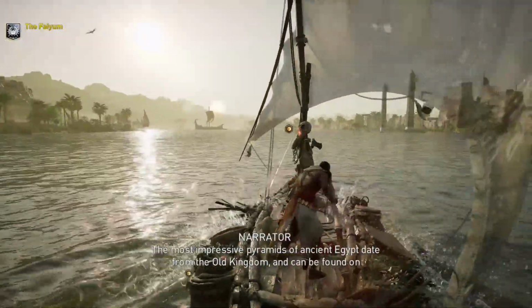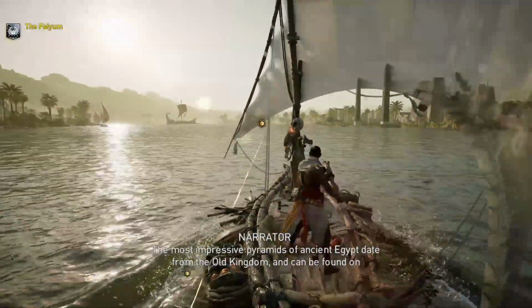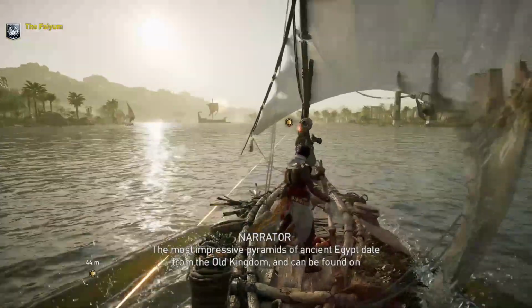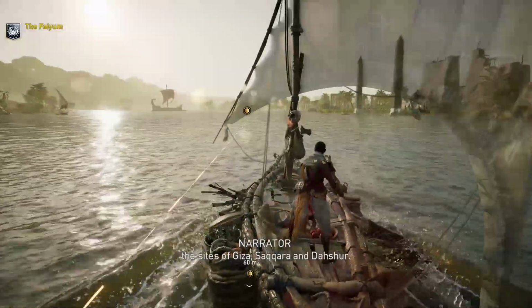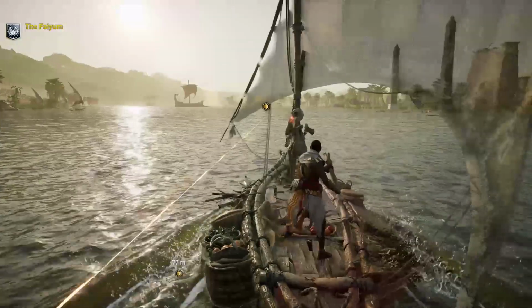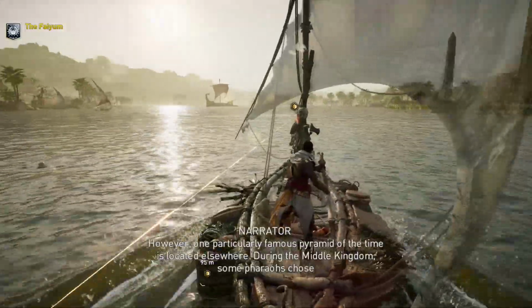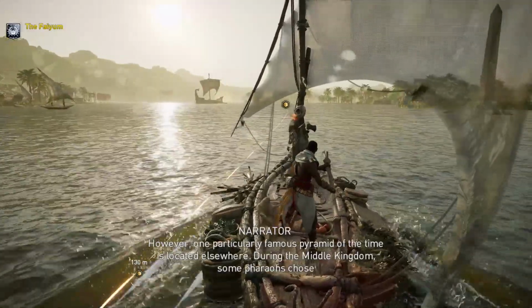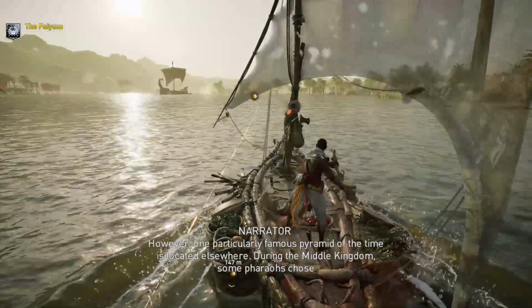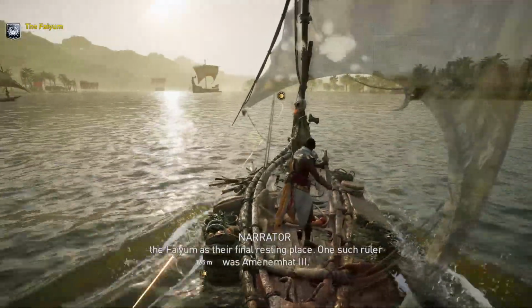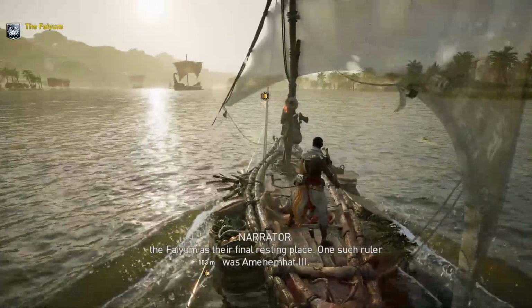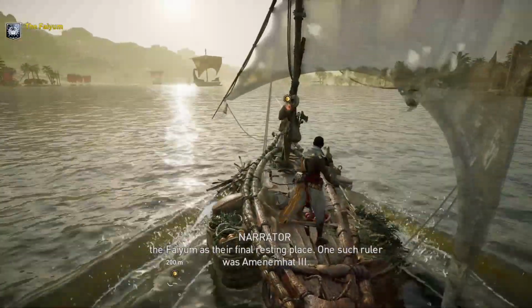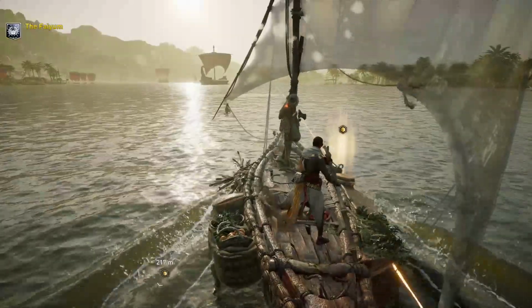The most impressive pyramids of ancient Egypt date from the Old Kingdom and can be found on the sites of Giza, Saqqara, and Dashur. However, one particularly famous pyramid of the time is located elsewhere. During the Middle Kingdom, some pharaohs chose the Fayum as their final resting place. One such ruler was Amenemhat III. His pyramid